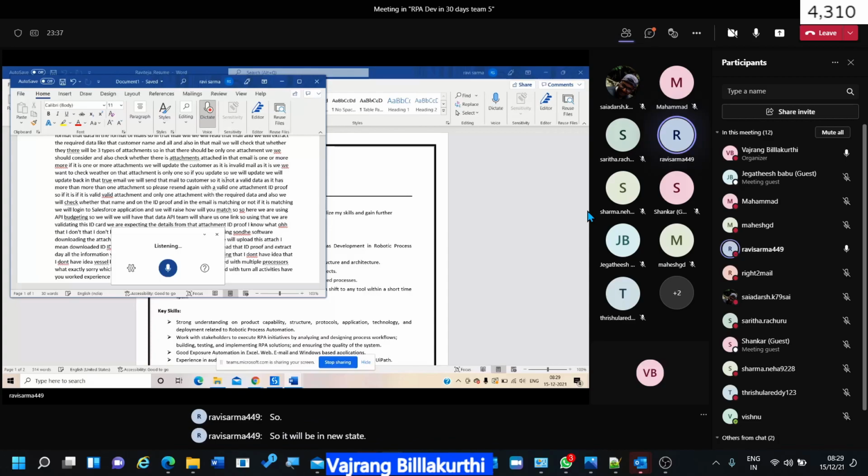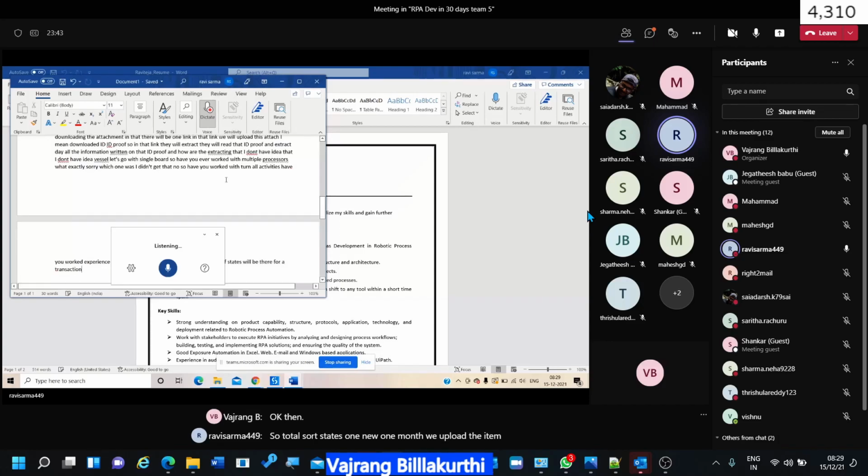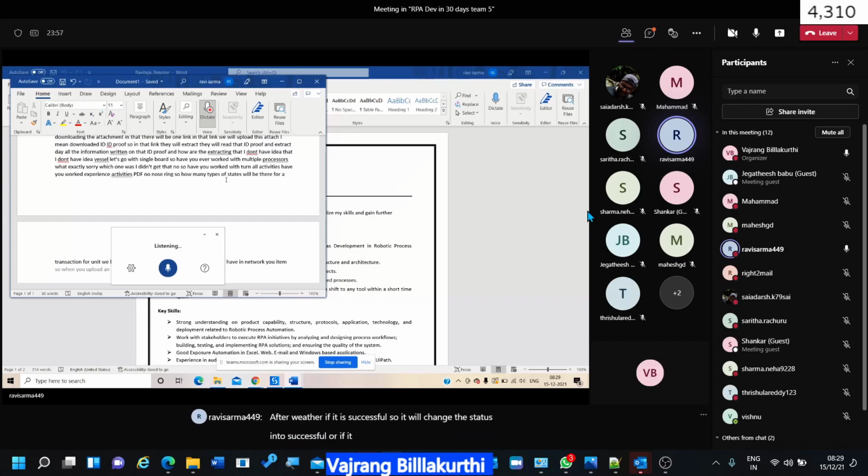Total four states. Once we upload the item to the queue, it will be in the new state. When it is processing, it will be in the in progress state. After that, if it is successful, the status changes to successful, or if it fails, it will be in the failed state, or if abandoned, it will be in the abandoned state.